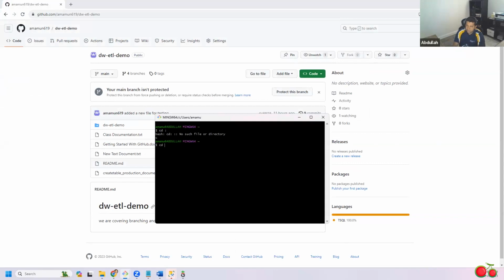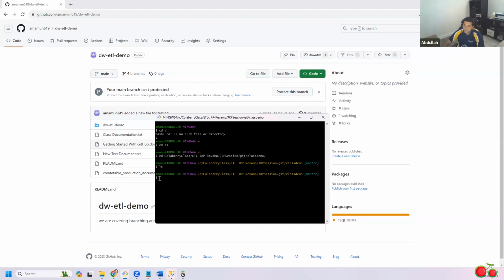I have to go to my C drive and then see where that folder is. This is in my Colaberry class, JRP session, git class demo. Okay, so this is my folder right now. I'm just navigating to that folder. Right now this folder is empty. I don't have anything. Okay, so what I need to do is bring down the